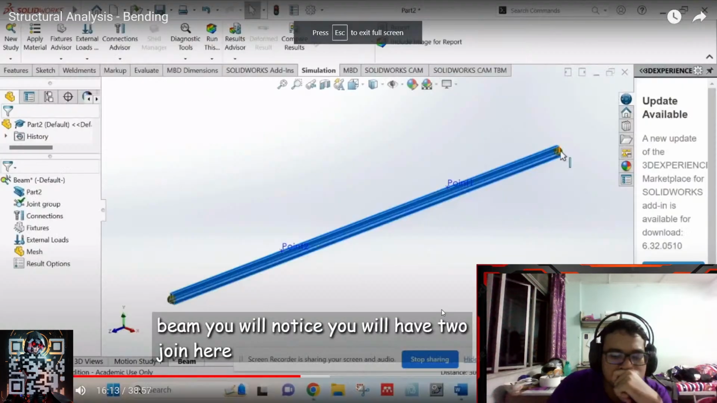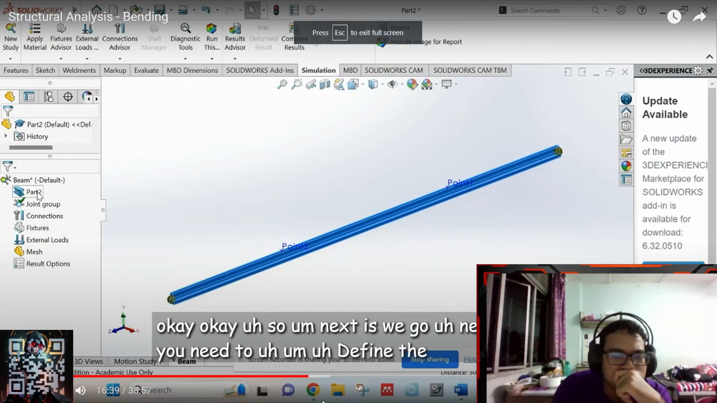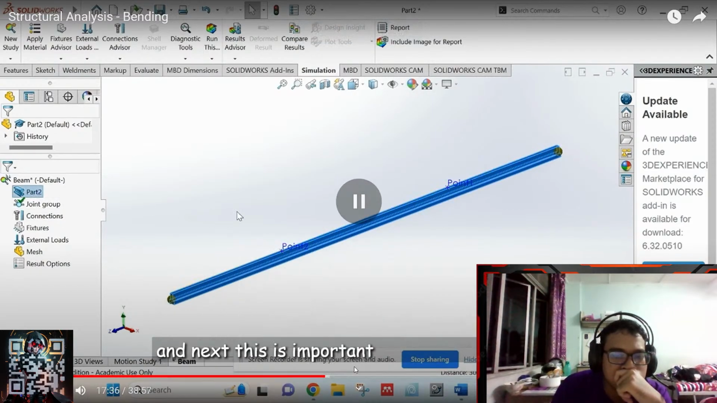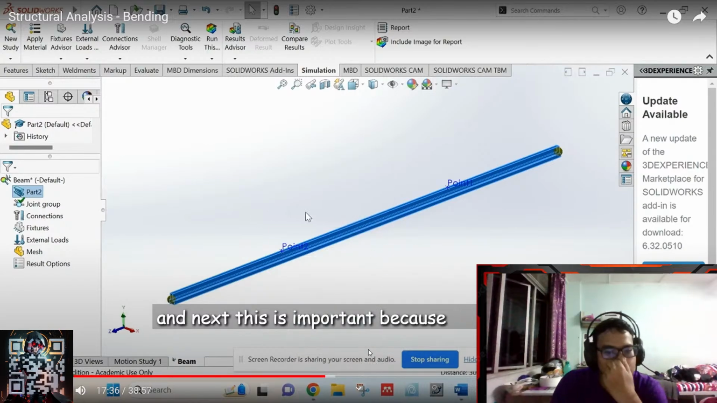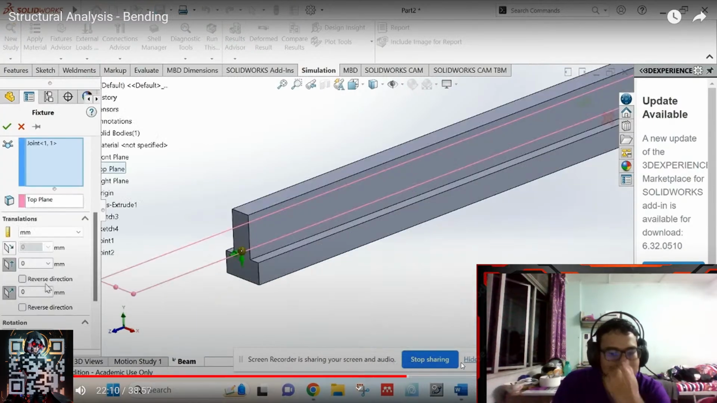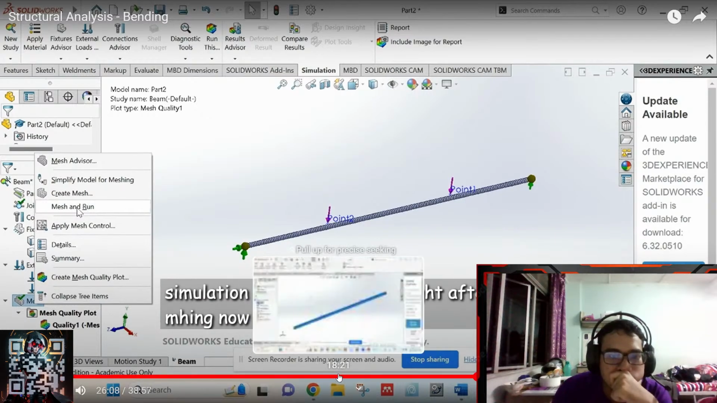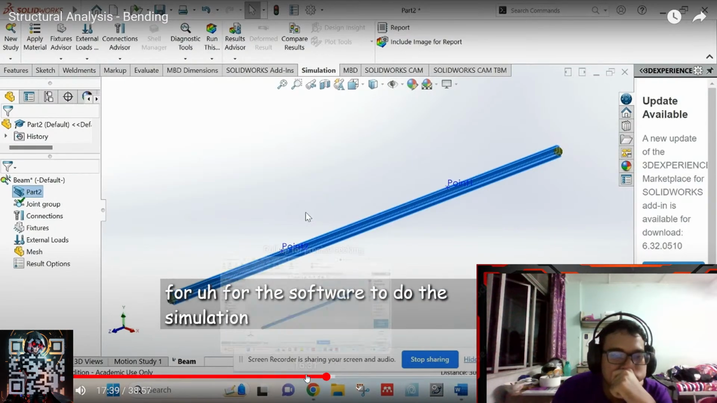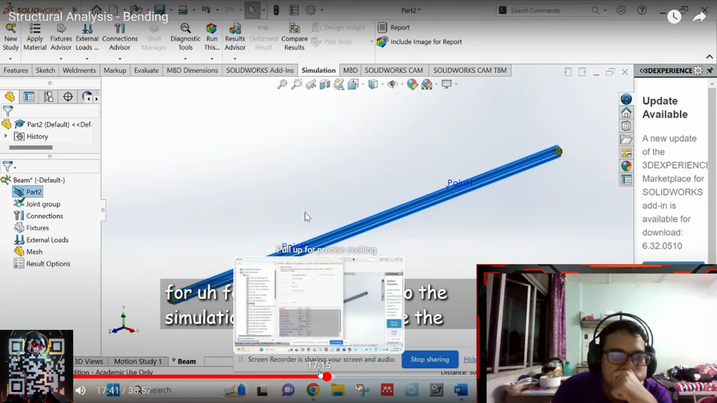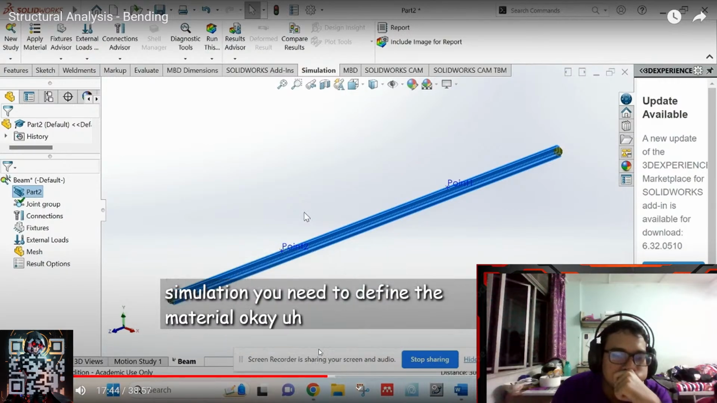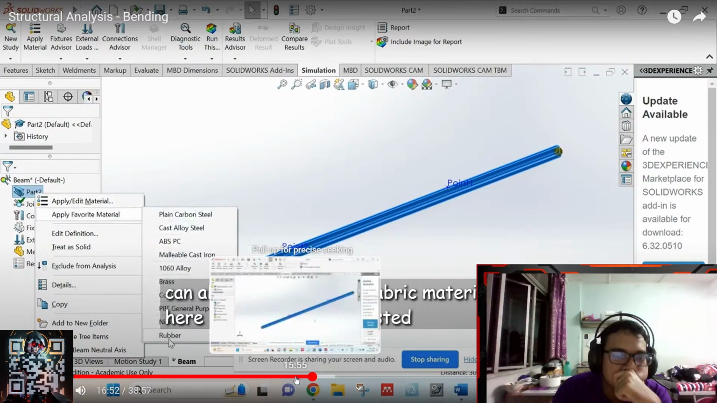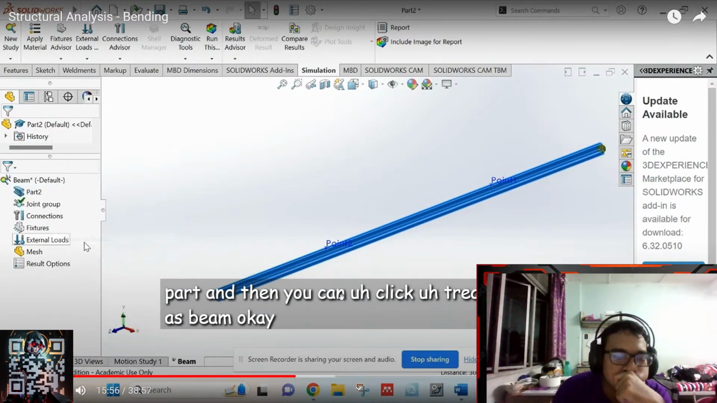Two joints here. You define the material of your beam. This is important because this is right after meshing now. Okay, but to do the simulation, you need to define the material. Okay, if your material is listed, treat as beam. Okay, so